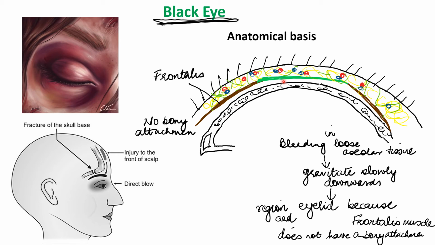So bleeding in the loose areolar tissue, an orbital fracture, a fracture of the orbital plate of bone, or direct violence on the eye would result in the condition of black eye. And with the scalp, the important reason is that bleeding taking place in the fourth layer, the loose areolar tissue layer. The last layer,